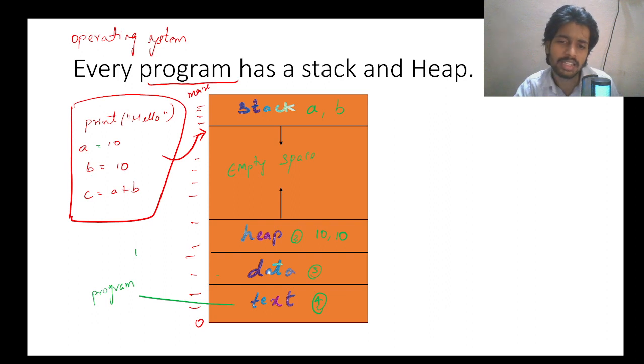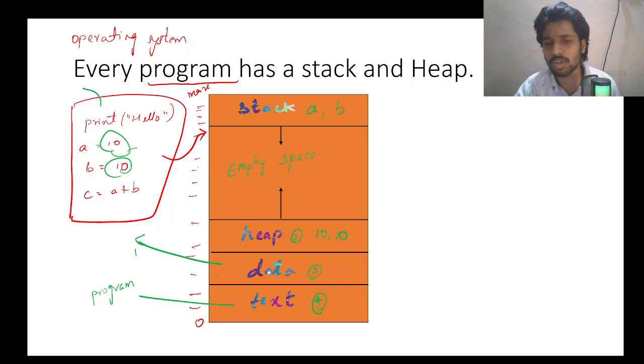So data is about the data which is required by this program. If this program needs any predefined data, then that data will be stored here. But the values will be stored in the heap, that we'll discuss in a bit. But the data is not about storing these values. If you take any big program, then you will understand this concept. But right now, let's just assume that whatever the data related to this program,